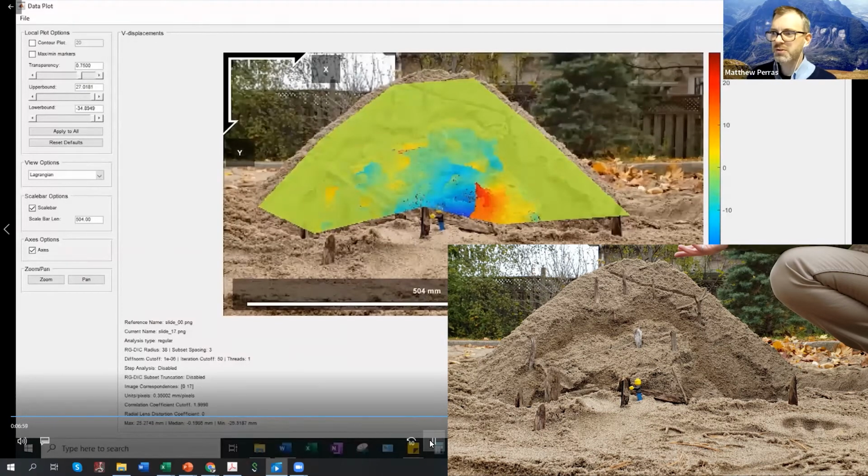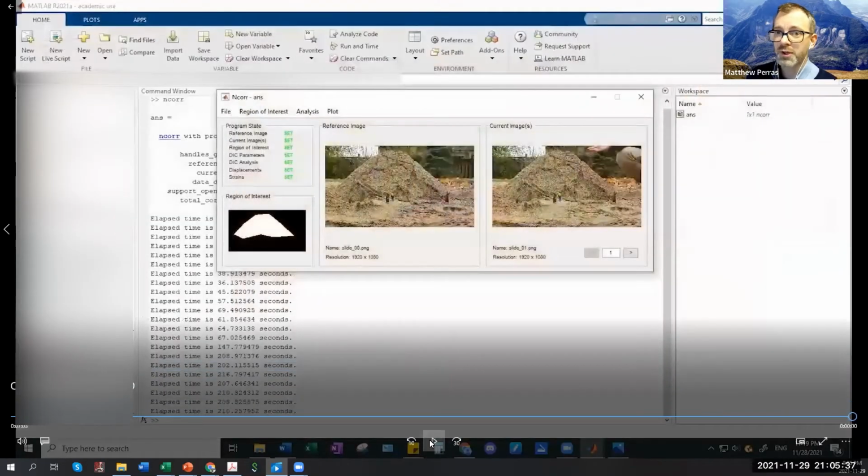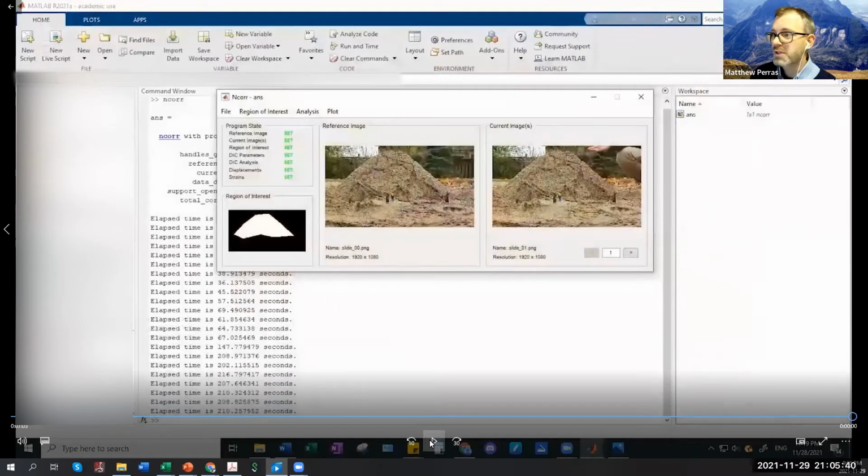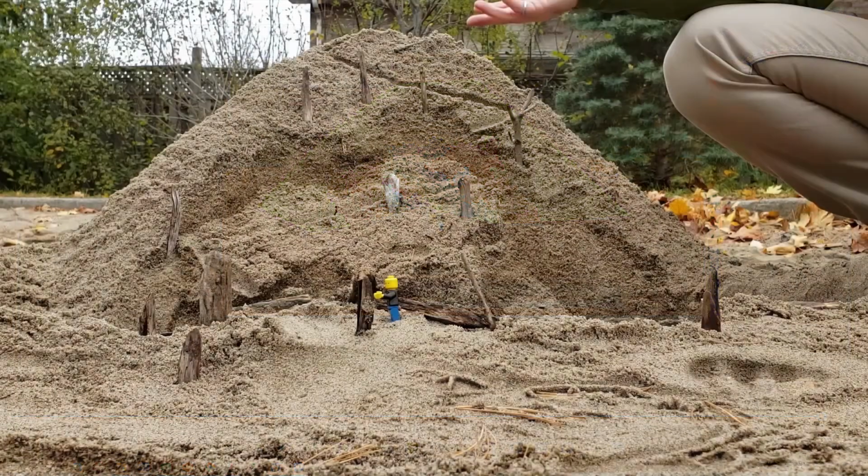For the deformations, you have to take many photos in order to capture it in a very good sequence. Just using 17 pictures was a good approximation to get an idea of that reference image, looking at subsequent images from that, and then comparing the pixels and the deformation that happens. And you can see the area where we have a lot of strain happening is where we have the landslide